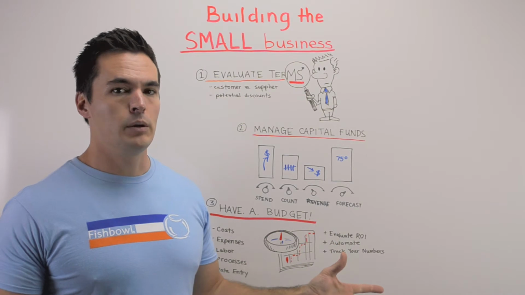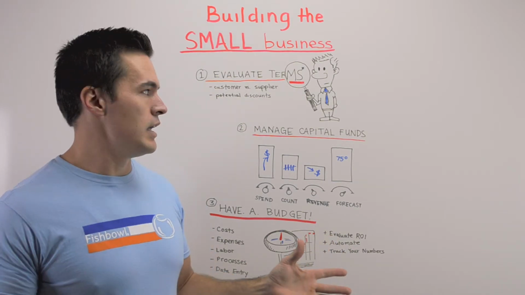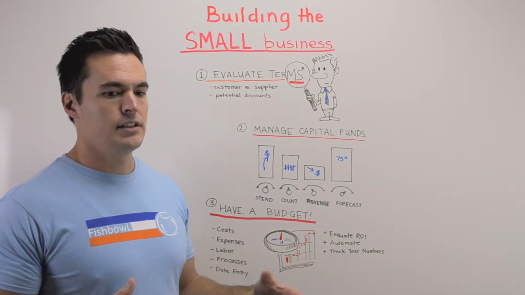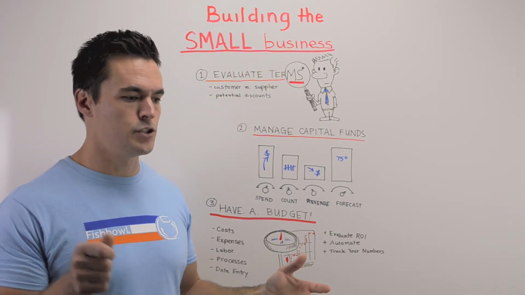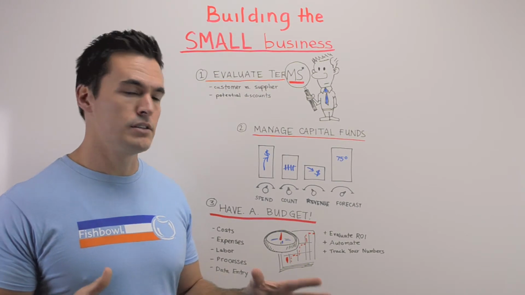Automate. This is obviously a big one. This is how the big boys play, is they know their process. A lot of things they don't even have to go and track themselves. It's automatically done. It's tracked, it's shipped. Whatever it is, it's automated.